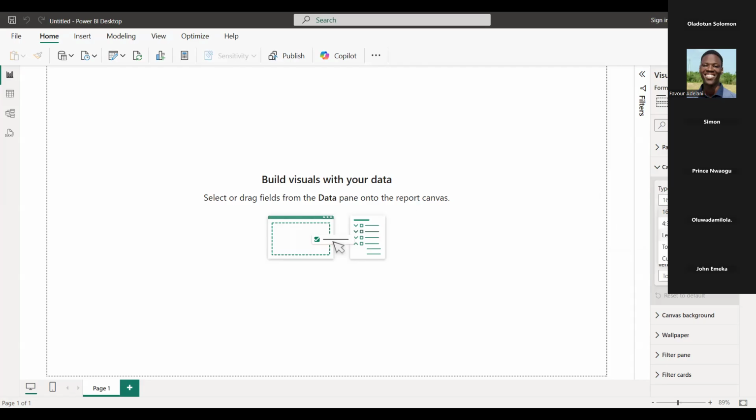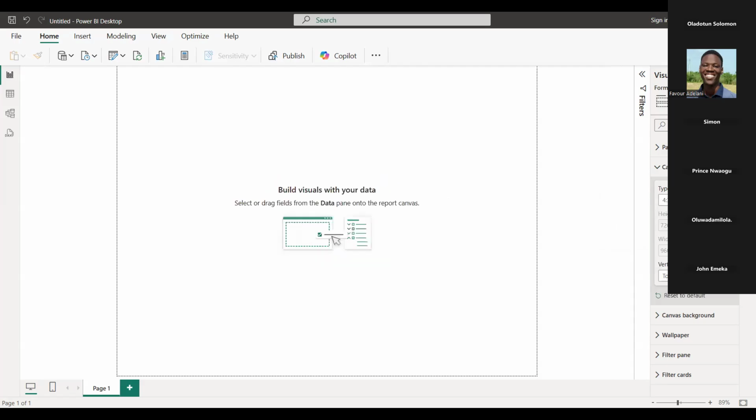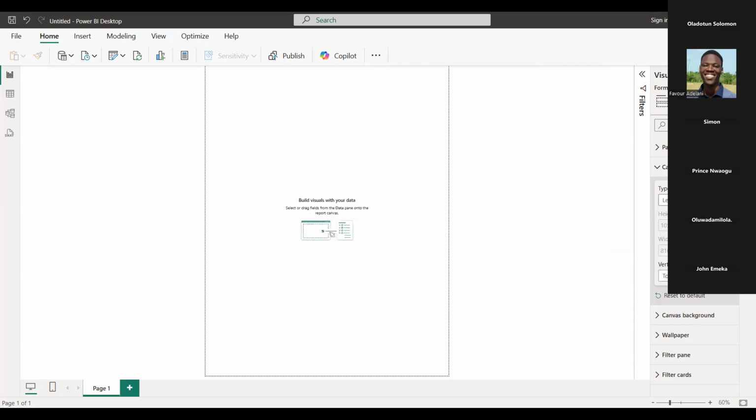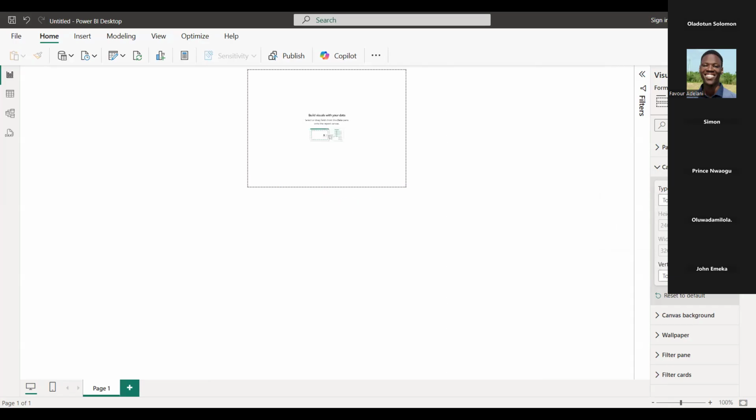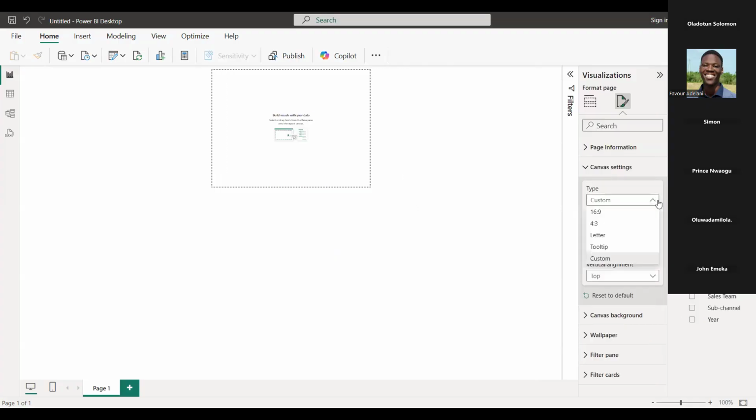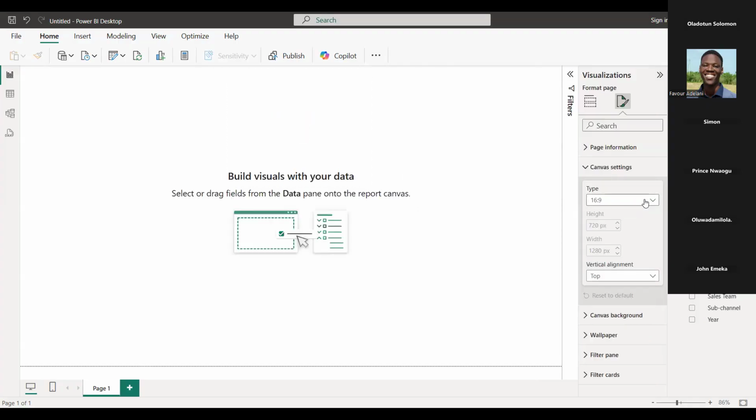That's why you have various ratios here. If I click on each of them, you see that the size of the canvas is adjusting. Can you see that as I'm navigating through these selections, the size of the canvas is changing? So I'm going to go back to the 16:9.